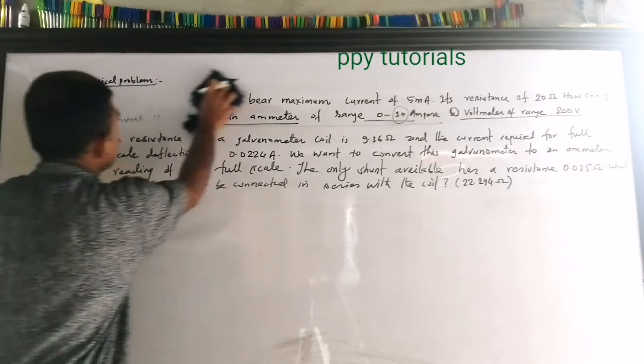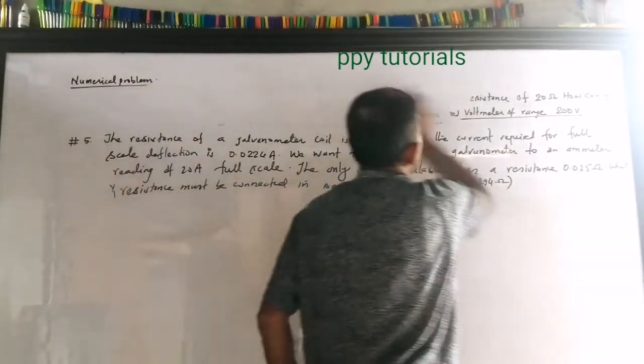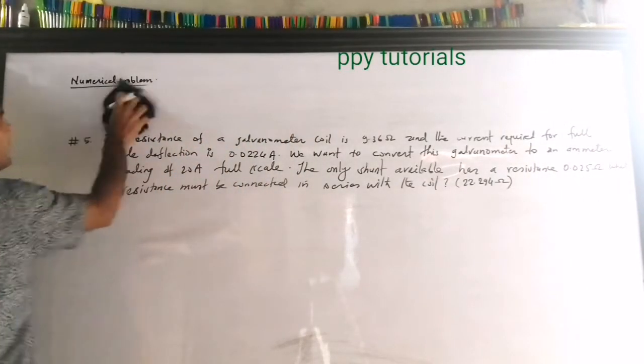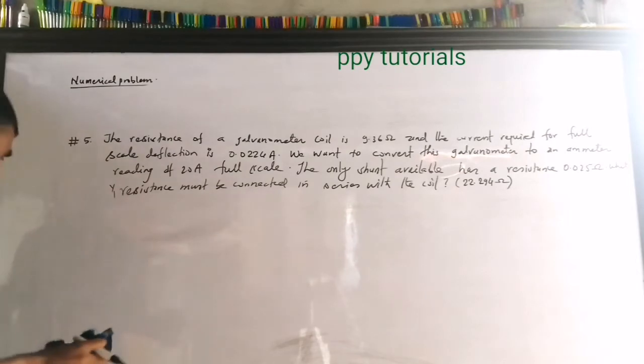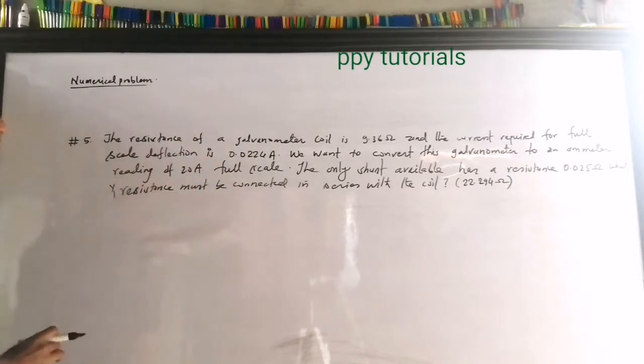So let me take this fourth question. Let me drop this. Okay, and you might think, why is sir using this cloth? It cleans better than the duster. I have a duster, but I am not using it because it does not clean this well. This cloth is cleaning better, so I am using that.